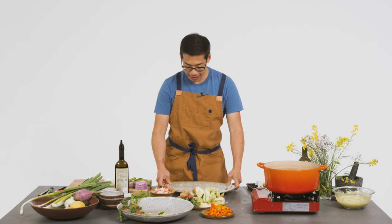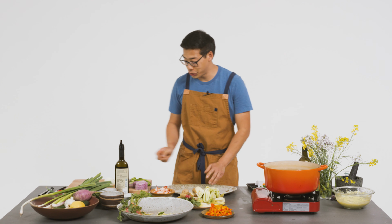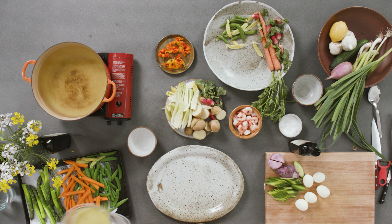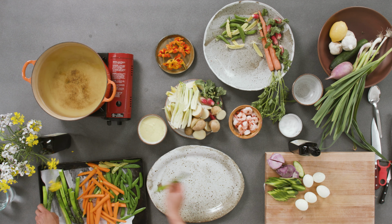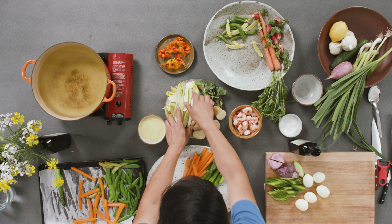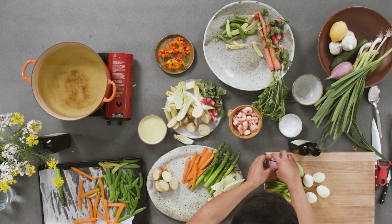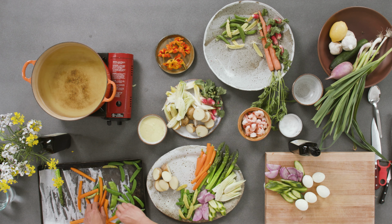Okay, so we have this large platter, which in hindsight is probably not large enough. We have this bowl that I'm gonna put our green garlic aioli in here. And now let's just start to arrange our vegetables. I think for me, in plating, I don't wanna make it look like I put it there too deliberately. Like I don't want everything in